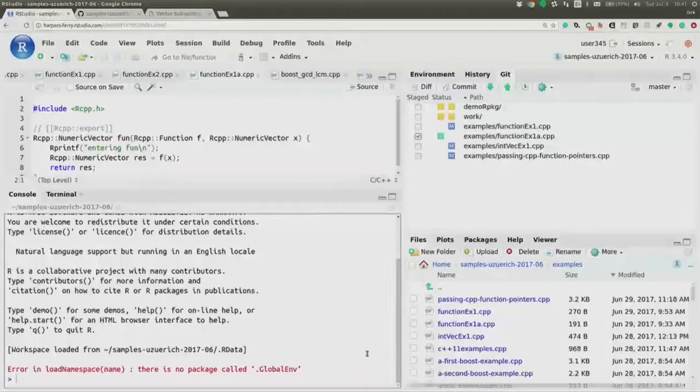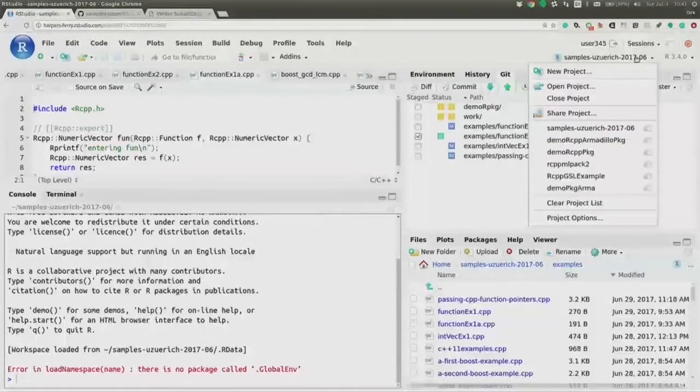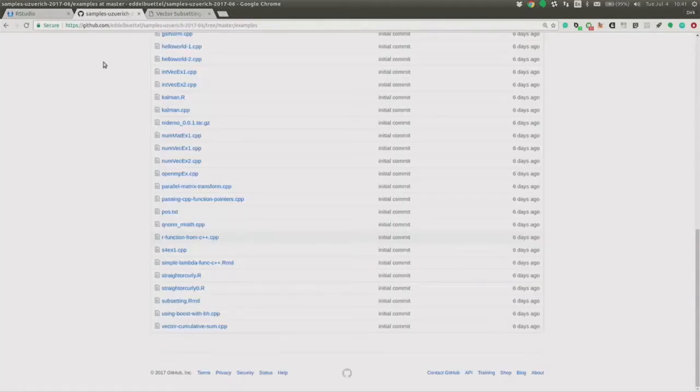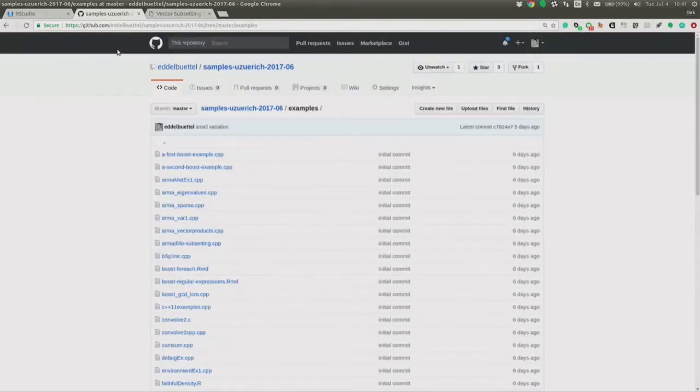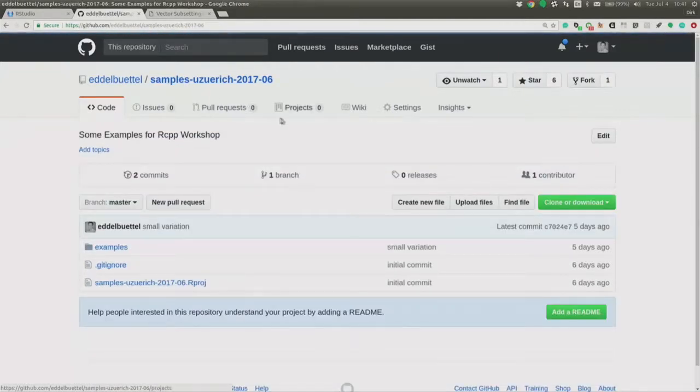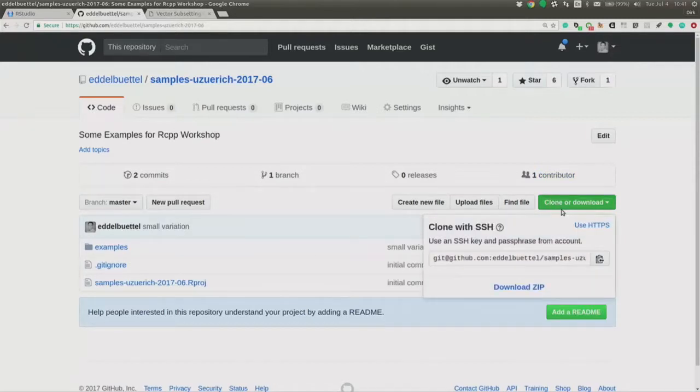Let me pretend this one wasn't here. That's another good trick. So let me just say, so I showed you this. Let me make this a little bigger too. So there's a repo, and I can just go here. Forget the fact that I actually have, of course, keys to this repo. So I just say HTTPS read only. I copy this. Then in RStudio,